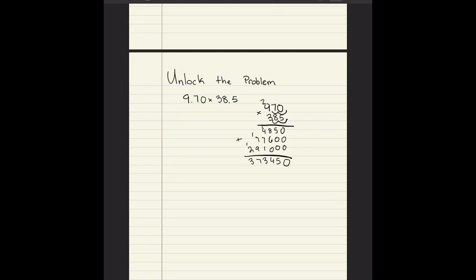And after I add everything together, I have, what is this? 373,450. That's not my final answer. I need to count. I have 1, 2, 3, 4 times, and I move the decimal, so now I have 1, 2, 3, 4. So my final,